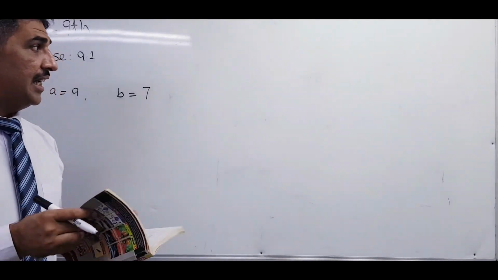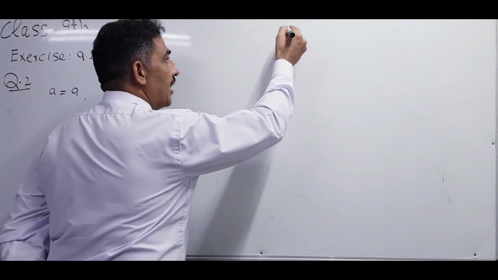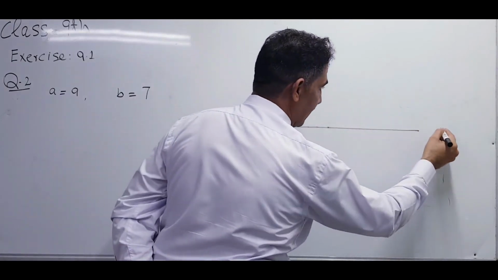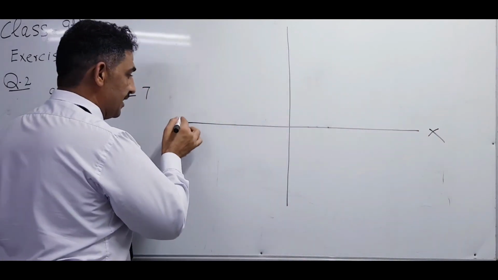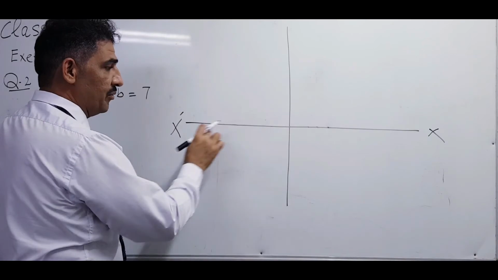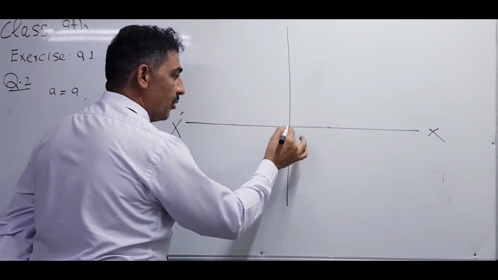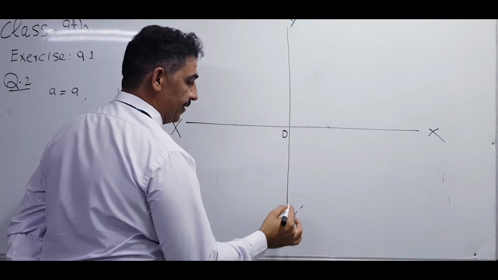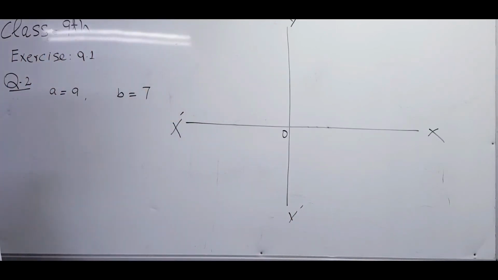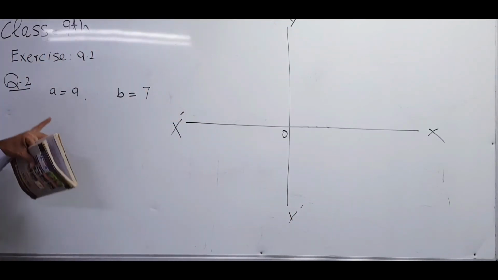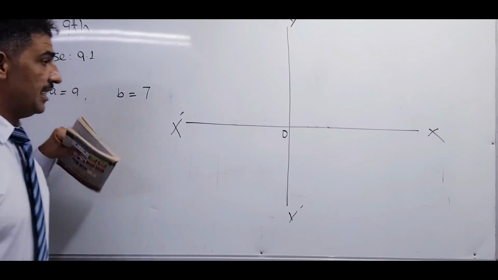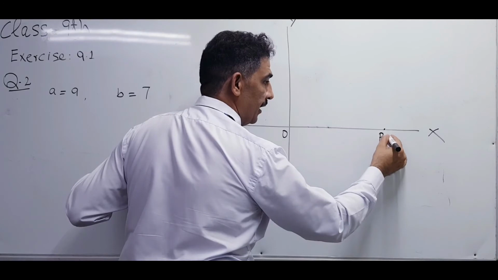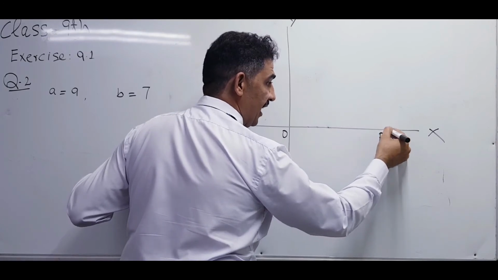It means that there are two axes. One is the x-axis, as I told you before. This is x dash, meaning we are taking negative values here. That is the origin, that is y, and that is y dash. He said P is on the x-axis and its x coordinate is A. It means that this is a point P and its x coordinate is A.